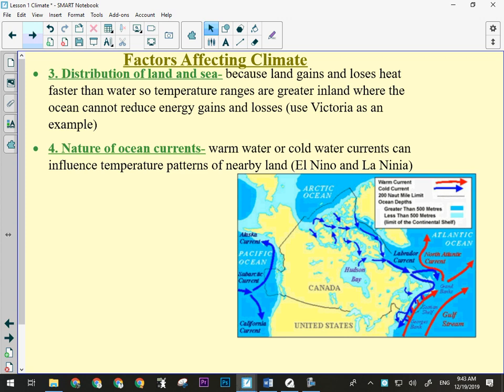Okay, other special ocean currents could be things like El Nino and La Nina. Okay, we know if we have an El Nino year, that's going to be one of those years where the winter will be very mild. La Nina was kind of like last year, where we have a really cold winter. It's very long, with the snow, okay, things like that.